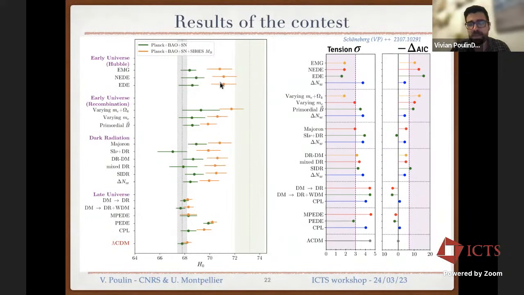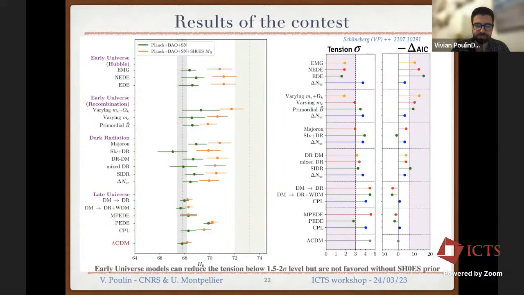It would certainly be better, and I think it is going to happen with future CMB data, that without even knowing anything about the intrinsic magnitude, these models will predict that it has to be in agreement with SH0ES. So this is really a bit of a summary picture of the situation currently.